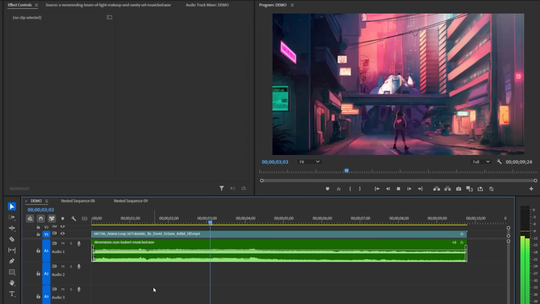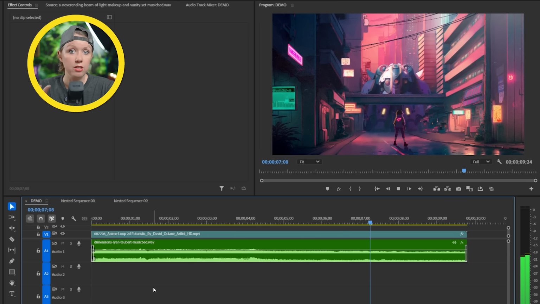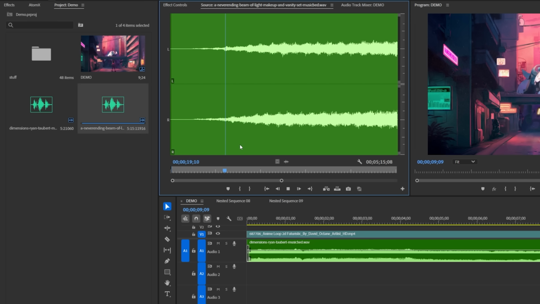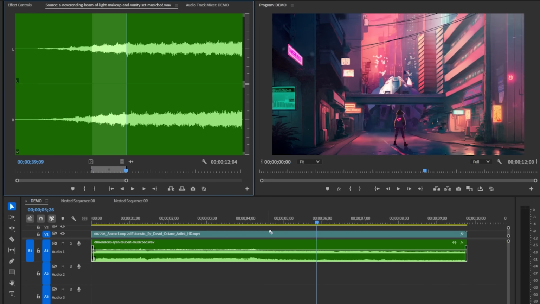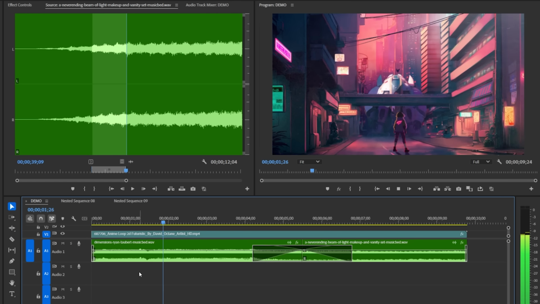Or the simplest way, just fading one song into the other. But you have to do it cleverly because it can be pretty boring, but depending on the track you choose, this method could be perfect. So for this first song, you can hear that the music has a part that's pretty atmospheric. So for the second song, I chose a minimal track here that slowly builds at the start. When I put these two tracks together, I can drag this fade handle to crossfade the two songs together, and